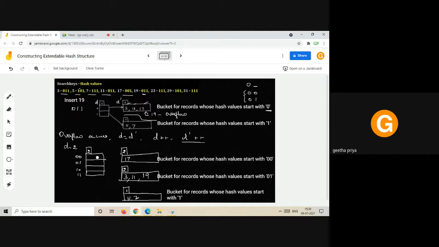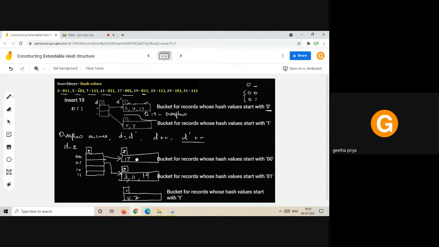Okay, so this is a bucket address that will point to the bucket starting with 00, and this index of the bucket address table with 01 will point to the bucket whose hash value is 01.